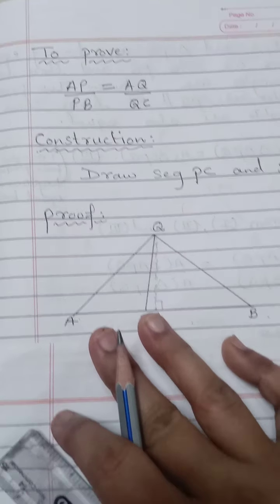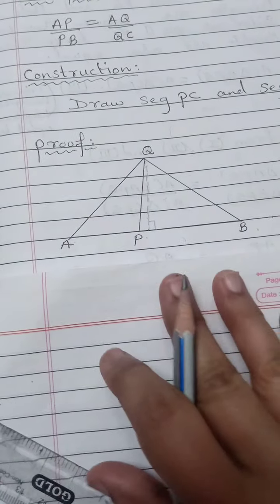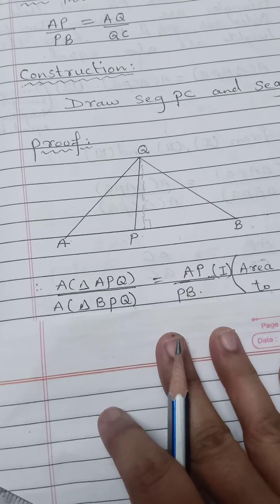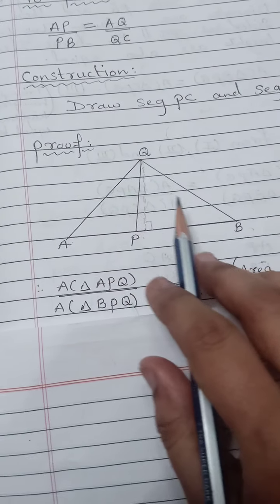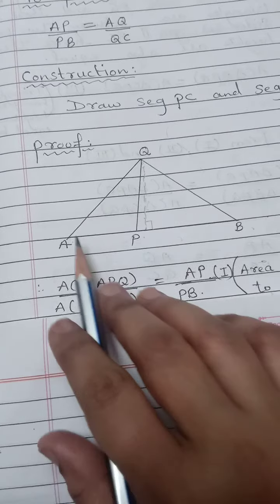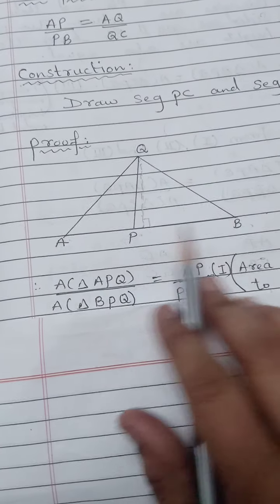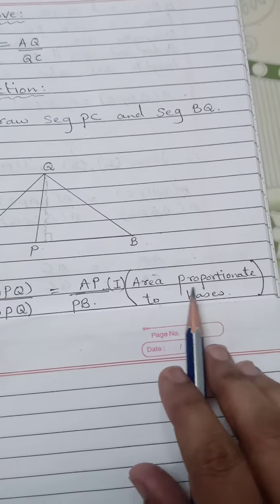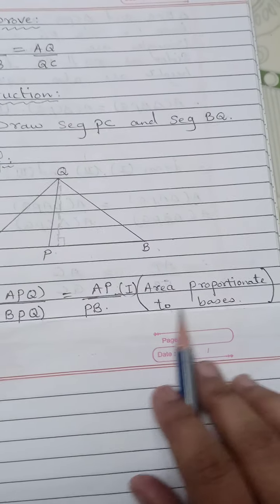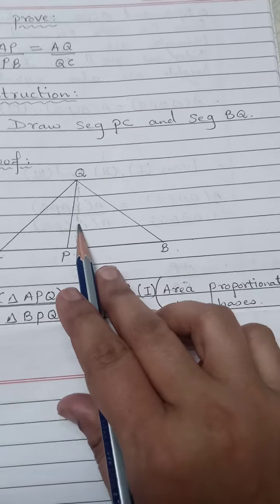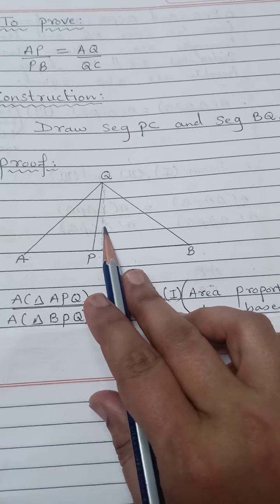So in this way we will take these two triangles. I have taken here the ratio of the two triangles, that is APQ and BPQ, is nothing but the base of this triangle AP and the base of this triangle PB. And here the reason is area is proportionate to bases, because they have the same height. Okay, now